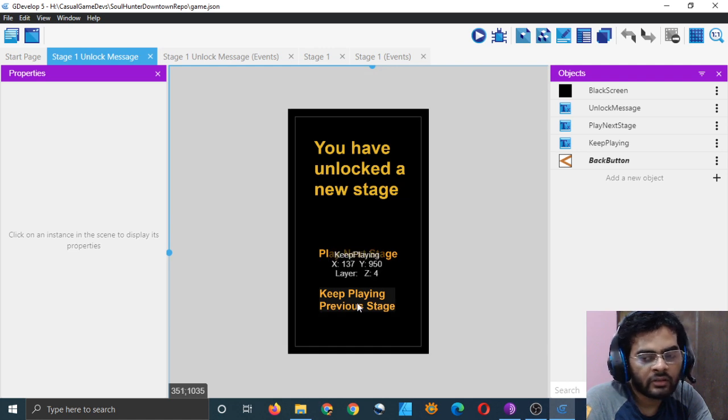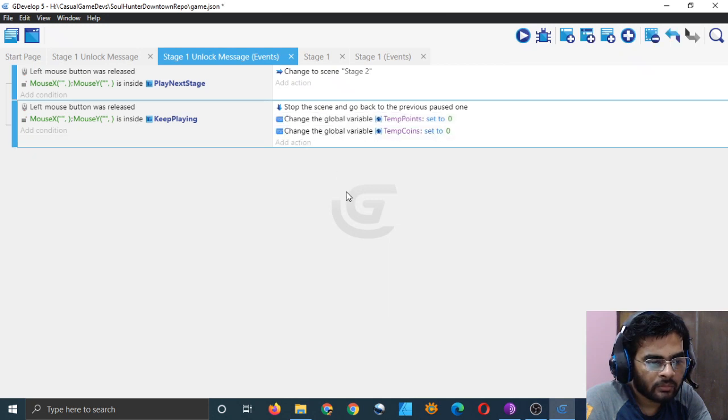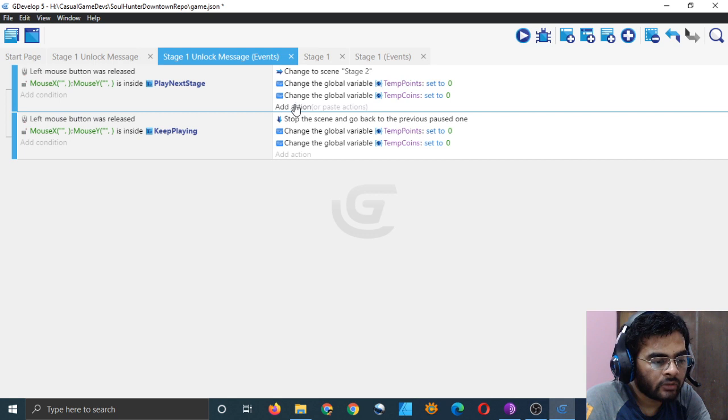By flushing, I mean just set them to 0. So just go here to the keep playing section and set these to 0. I have already copied some actions and I will just paste them. That's what we should do here: set these temp coins and temp points to 0 so that they don't interfere with future processing. And here also we have to do the same thing, but before doing that we have to update our global variables coins and points, right?